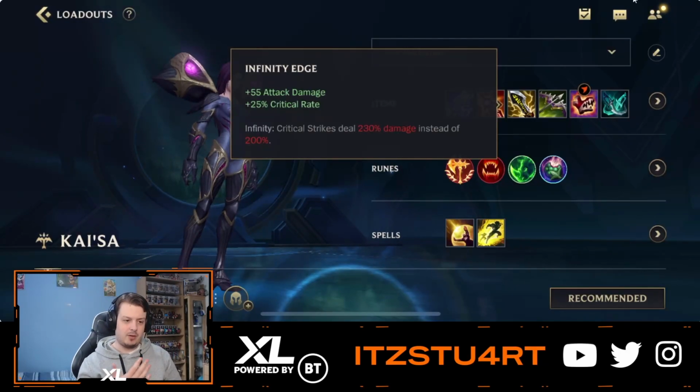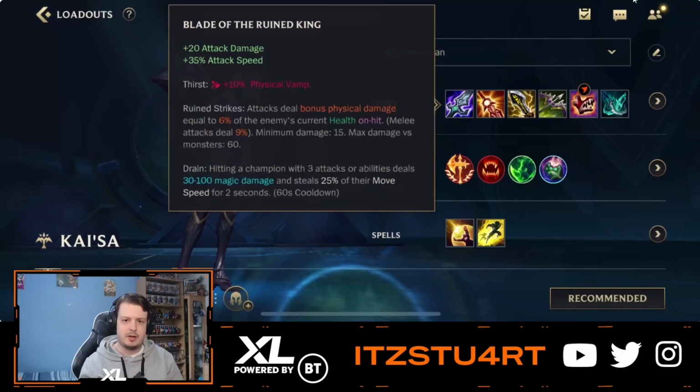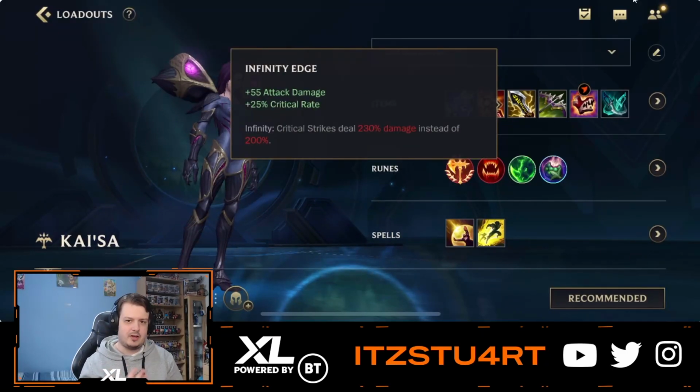So every time you use an ability, that goes up to 75% crit rate, because you gain 25% crit rate every single time you use a spell with Solari Charge Blade. So that's kind of your next power spike. Obviously you already have the Blade of the Ruined King from before. You can use the Stinger to build into a Solari Charge Blade, and then Infinity Edge is with your BF